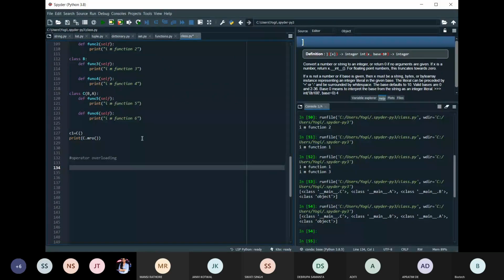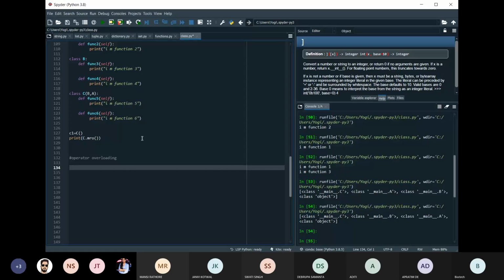Take the plus operator: if I am adding two integer values, it gives you the sum, but if I am adding two string values, it concatenates them, not giving you the sum. This feature in Python that allows the same operator to have different meanings according to the context is known as operator overloading, right?